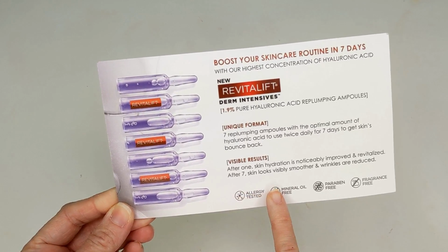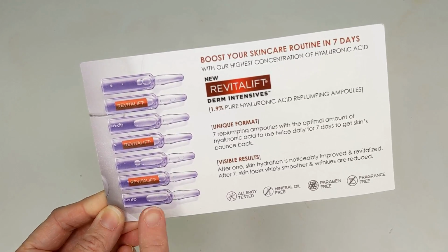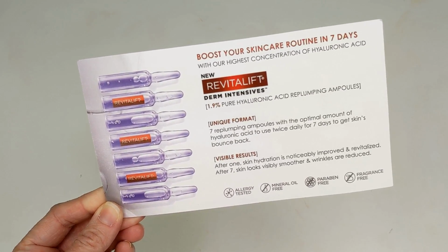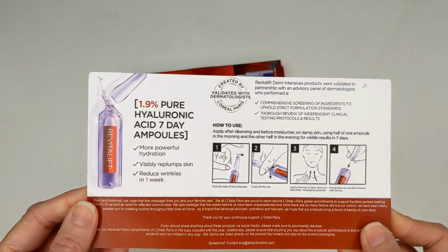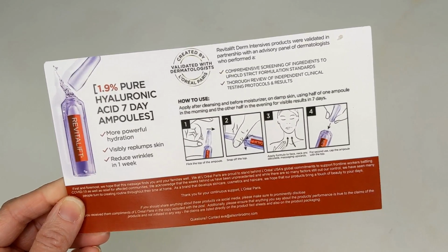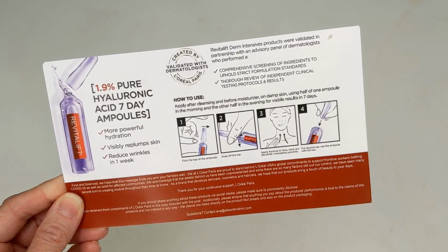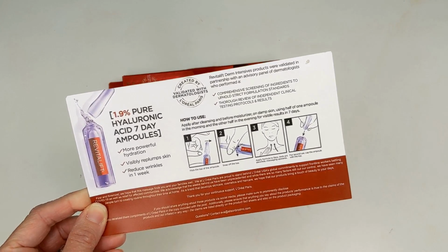And it says after 1, skin hydration is noticeably improved and revitalized, and after 7, skin looks visibly smoother and wrinkles are reduced. So that sounds really interesting. I haven't had the best luck with hyaluronic acid, and I think it's because you really need to use something on top of it that's going to seal it in, because hyaluronic acid is a humectant, so it draws moisture